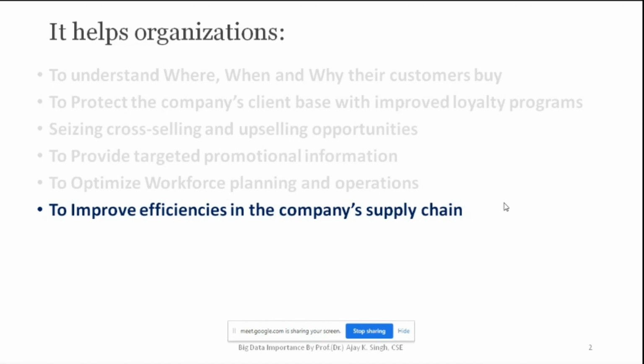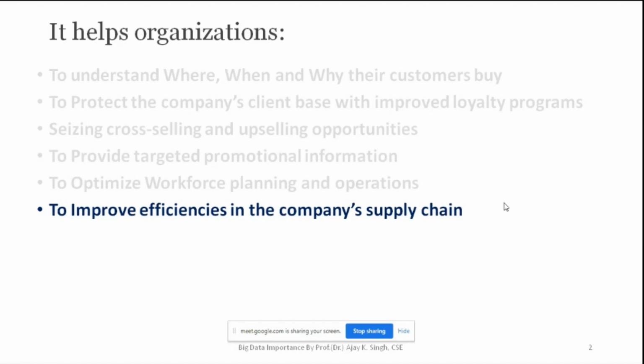Clear? Suppose some stuff is missing, or suppose you own a particular shop, and in that shop, after 2 or 3 days, you think that this stuff is going to be exhausted. So ultimately, you are going to place the order beforehand. Clear? So it is going to maintain the chain. And at the end of the day, you may not be regretting that if I would have had this product, I might have got good profit, isn't it? So ultimately, beforehand, you are going to have this inventory in your hand. Okay, so inventory control is all about this part. So this supply chain is very clear.